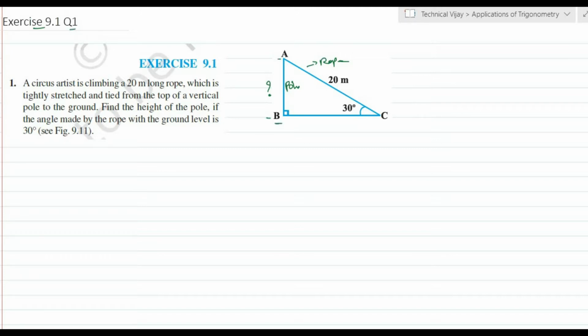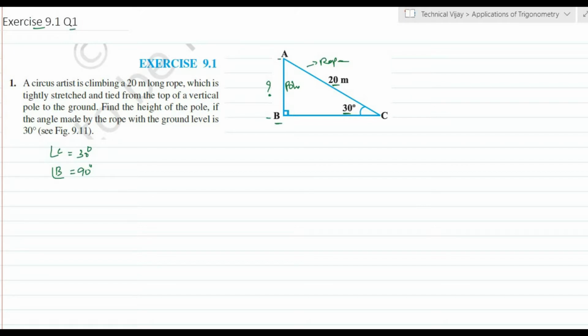which is right angled at B, and the angle of elevation is given as 30 degrees. That is, angle C is equal to 30 degrees and angle B is 90 degrees. Since this is a right angle triangle, we could apply the Pythagoras theorem if we knew both sides, but we know only one side. Hence we can apply a trigonometric ratio to calculate this vertical pole height.